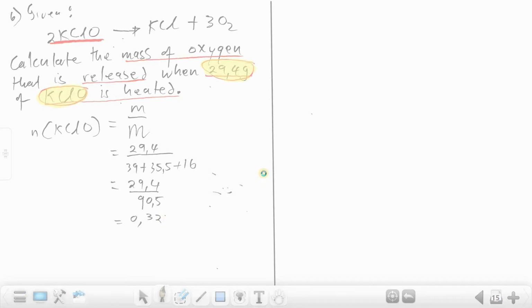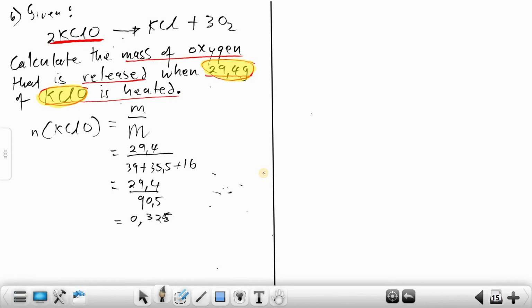So these are the number of moles now of KClO. So the mistake you did here was you started working with KCl, and that cannot be correct,